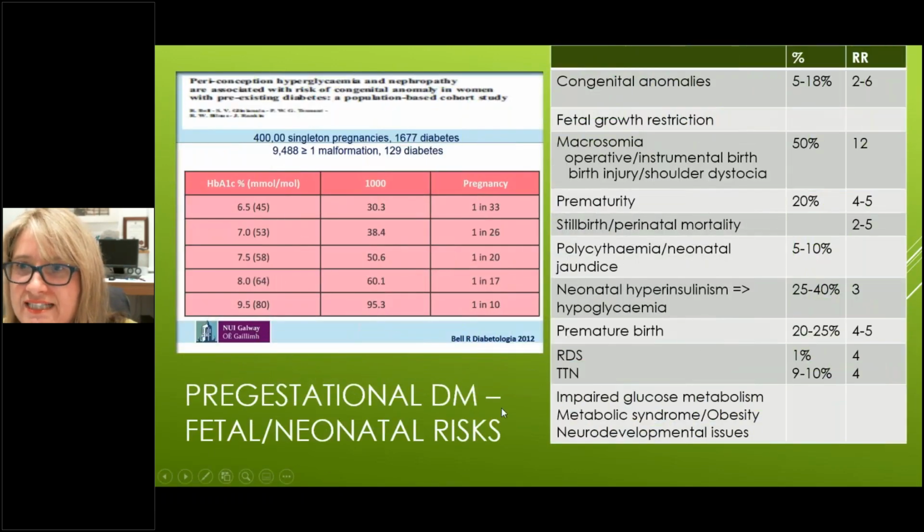Now, moving on to the fetal or neonatal risks. So congenital anomalies, again, a big range between 5 and 18%, and that is very much control dependent as well. I quite like this graph on the left. If you look at that one, that looks at what the woman's HbA1c is and what her chance of having a fetal anomaly is. So we like pregestational diabetics to have an HbA1c around conception of 6.5% ideally, or even